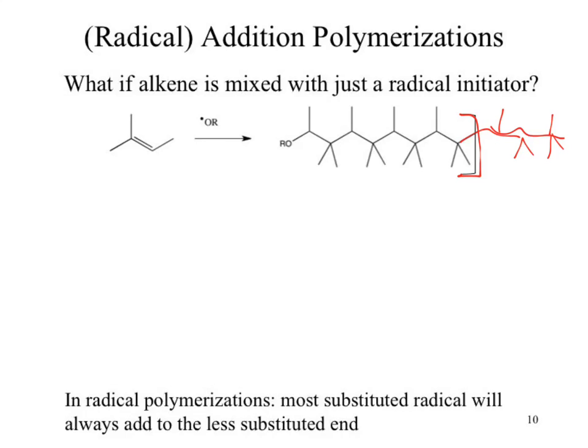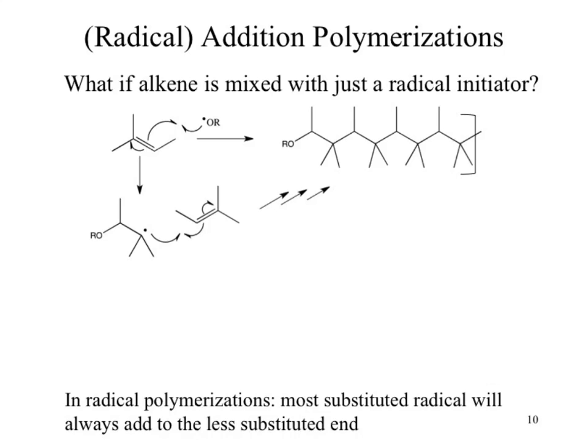Absolutely. Okay? So if we look at the radical initiator, what ends up happening is we form our new radical. That radical can then react with another alkene in a radical fashion, and we can repeat that until two radicals impact each other in what is known as the what step? Termination step when we're looking at radicals, and we would end our polymer. We will look at polymers at the end of the semester, okay, but I wanted to bring this up now